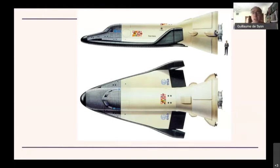And eventually, by the early 1990s, it was very clear that this thing was extremely costly, that the technology was very complex, far more complex than anybody had imagined. And again, the question was, what are you going to use it for? You would have had two astronauts in there, and then not even really enough space for much more than maybe a small satellite. So was that going to be kind of a rescue pod? Then why not just have a little capsule? Wouldn't that make more sense? In other words, very quickly, the mission became unclear in regards to